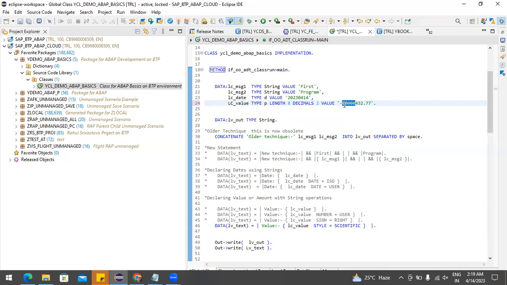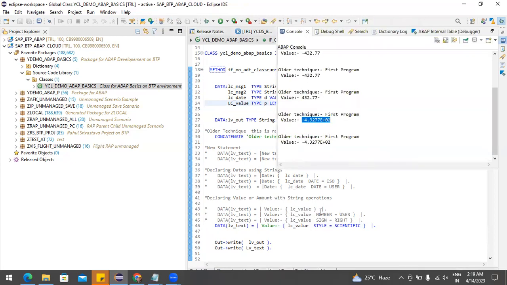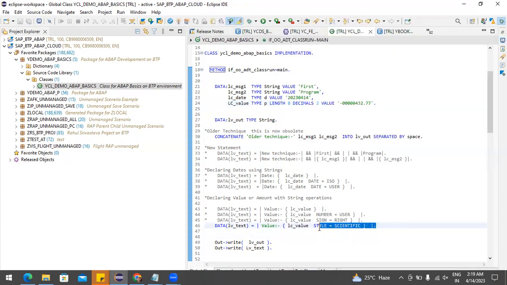So as you can see, 1, 2, 3, 4, 5, 6, 7, up to 8 values you can put here because we have defined the length here as 8. So now try to check its output. So as you can see here, leading zeros are not coming as of now. So let's try